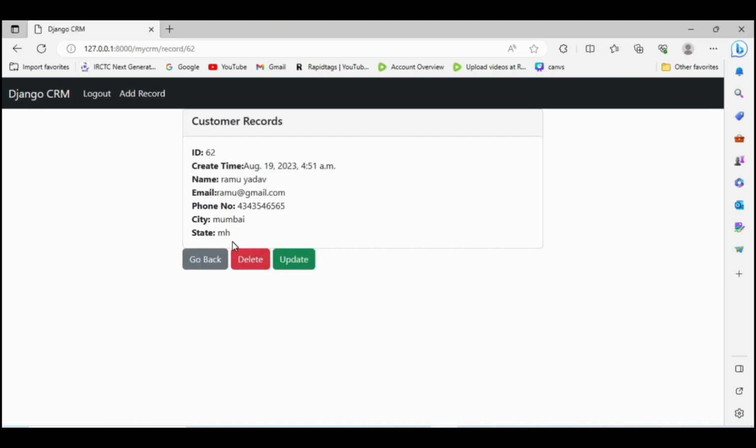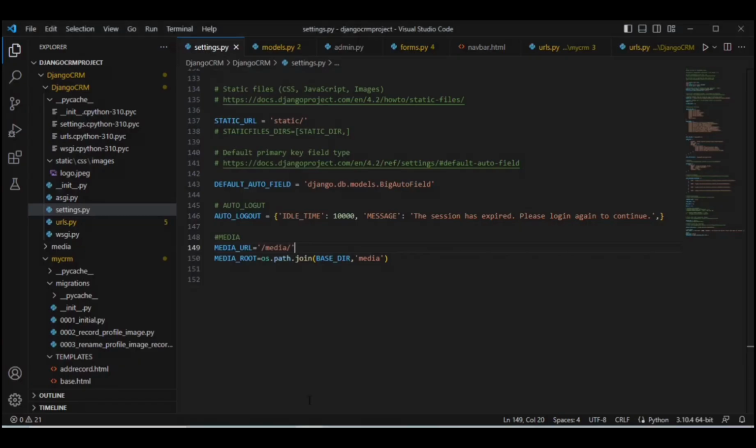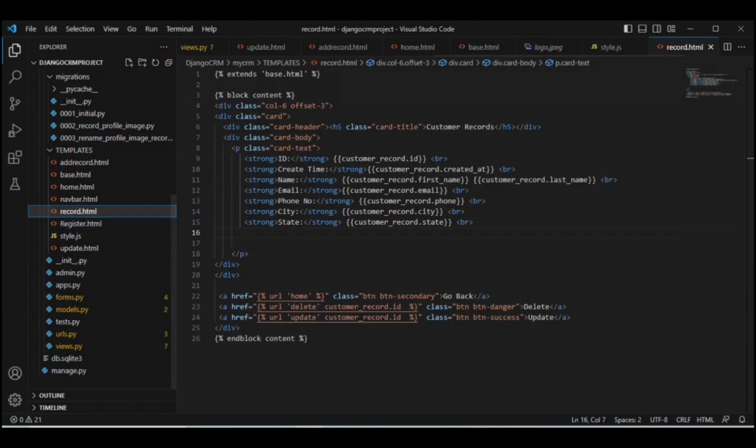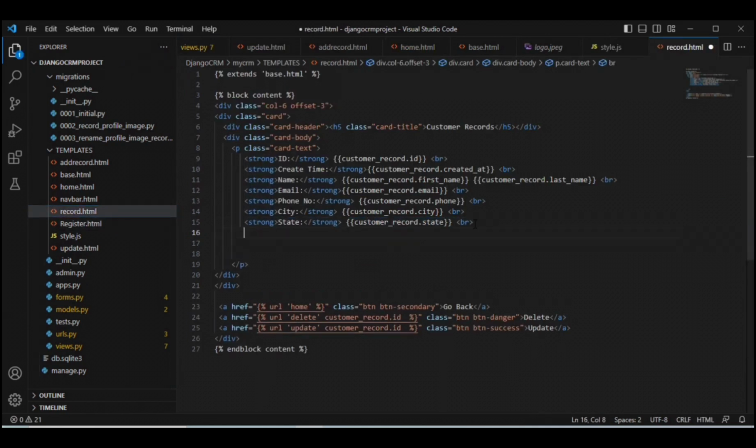So if I want to display that image here, we need to do some configuration inside our particular template file or HTML file. I know which HTML file this is coming from. Go to the Visual Studio Code, and those fields are coming from record.html. So go to record.html here. Simply copy this line and paste here. Then in place of state, I need profile image,